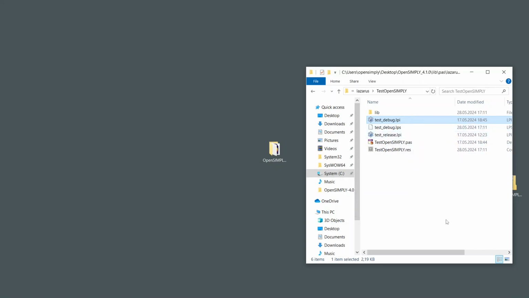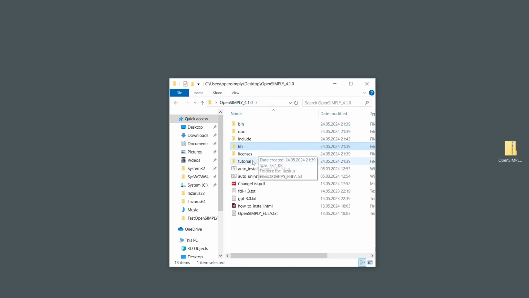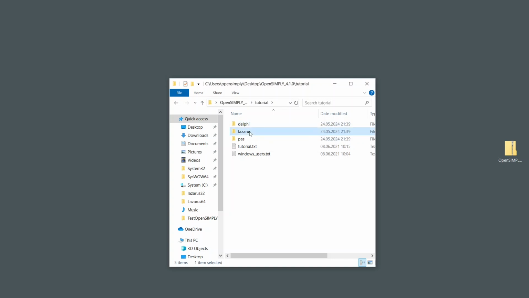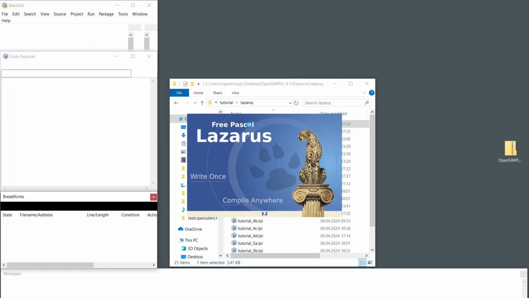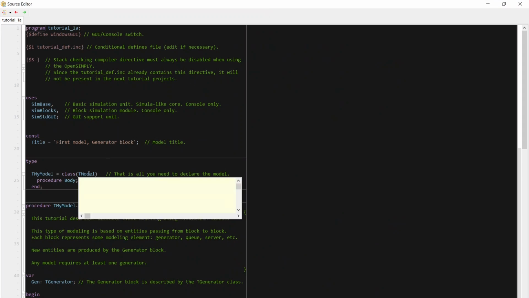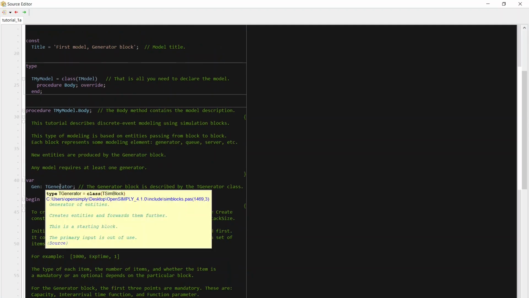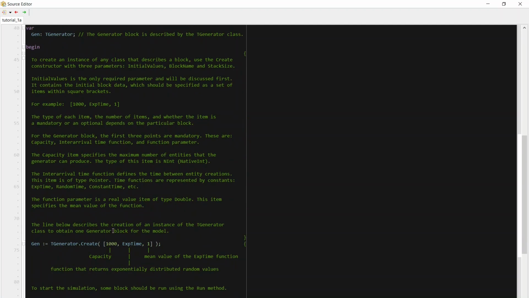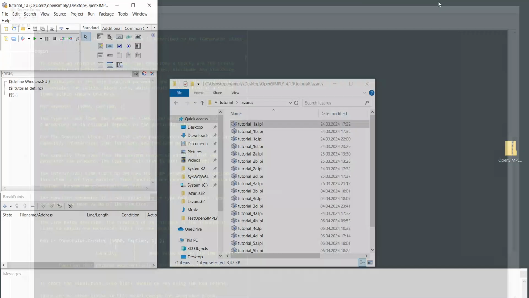Installation testing is complete. If you are not familiar with OpenSIMPLY, then start with the OpenSIMPLY tutorial. Go to the tutorial subfolder of the OpenSIMPLY folder, and then Lazarus. Run the tutorial 1A project. The pop-up help is, of course, a very useful feature, but more complete information, including examples, can only be found